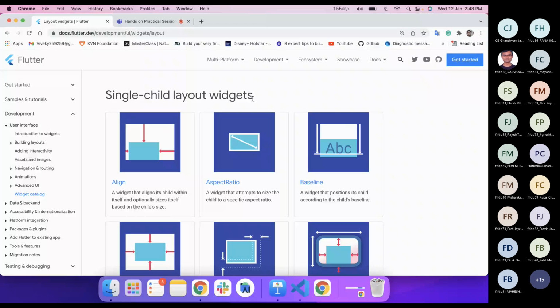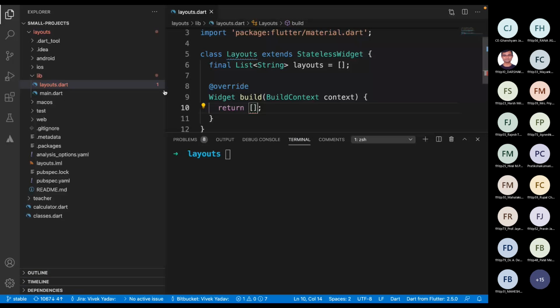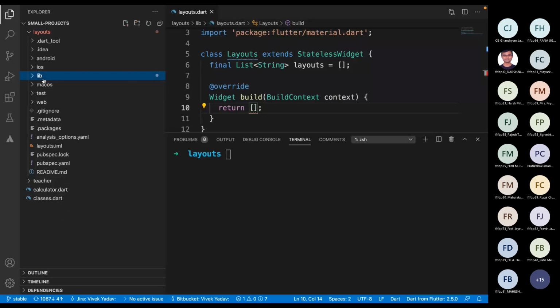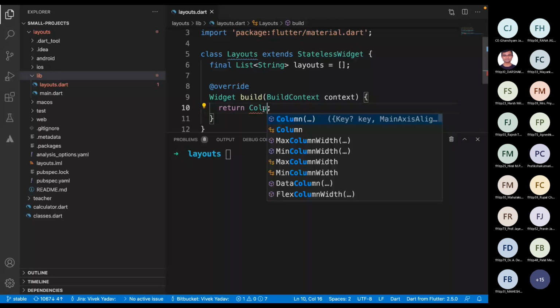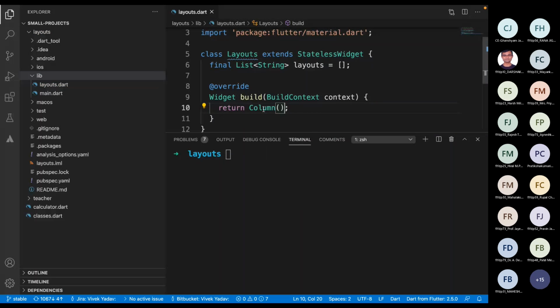If there is a list, for example, here we can see it is a list. Here as well. In this list folder, we can see a list of files. First is layouts and then main, and they are in a column fashion. Column basically means your objects are one above the other, in a vertical manner. When your objects are aligned in a vertical manner, it is known as a column in Flutter. For that we can use Column, and Column is actually a widget.